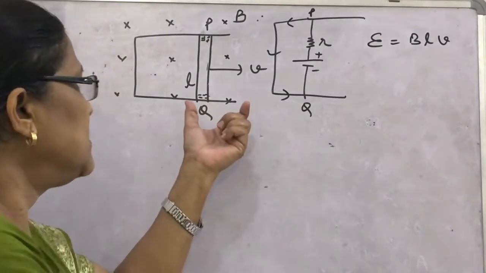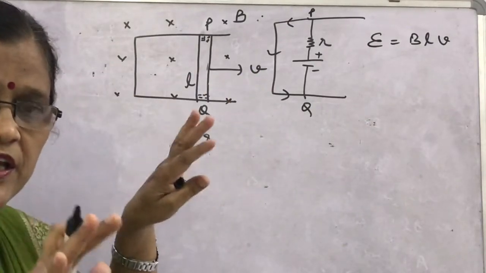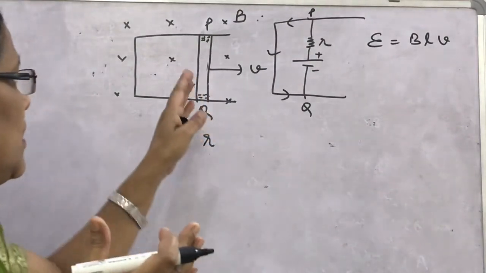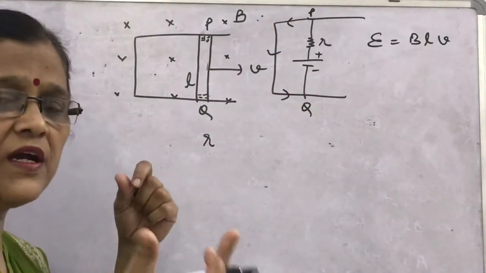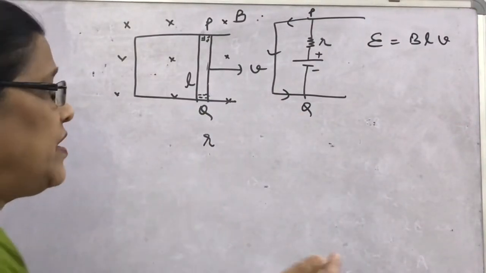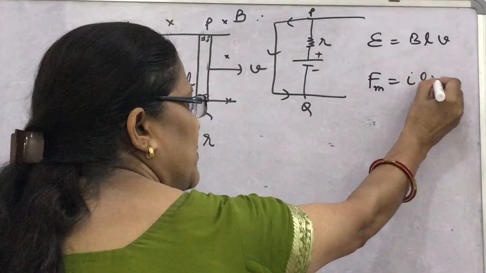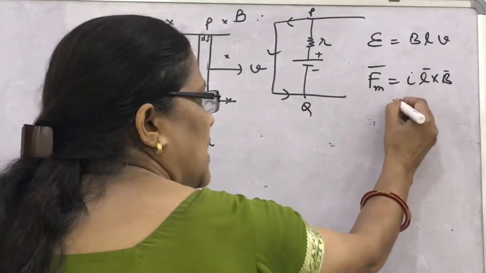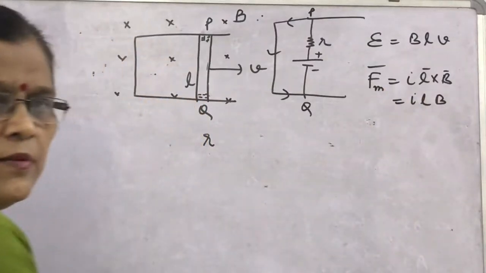Now the question is, for the rod moving with constant velocity, is any external force required? Yes or no? Look, if the rod is moving and the current is flowing in the rod, so if a moving, current carrying conductor is in a magnetic field, what happens? We have read that the magnetic force acting on a current carrying conductor is given by F equal to I L cross B. Here L and B are perpendicular, so you can write ILB sin 90 degrees, and sin 90 is 1, so this will be ILB.